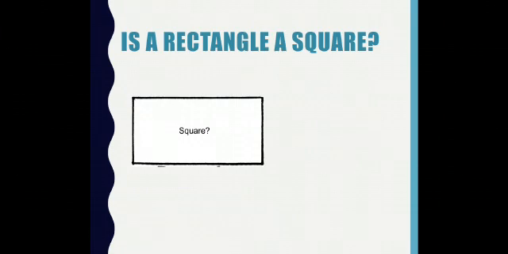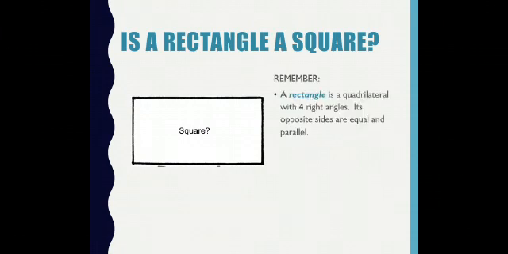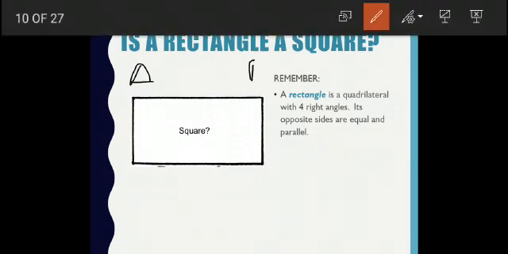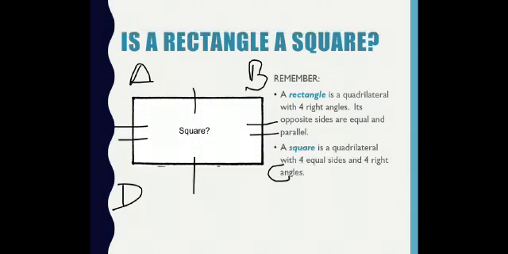Secondly, is a rectangle a square? Let us check. A rectangle is a quadrilateral, you know that it should have four right angles and its opposite sides are equal and parallel. But for a rectangle to become a square, what should it have? All its sides must be equal. But a rectangle only has opposite sides equal. It does not have all sides equal. So a rectangle cannot be considered a square, because for becoming a square, the most important property it should have is that all its sides must be equal.